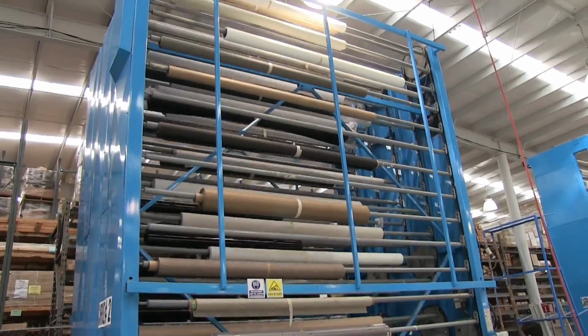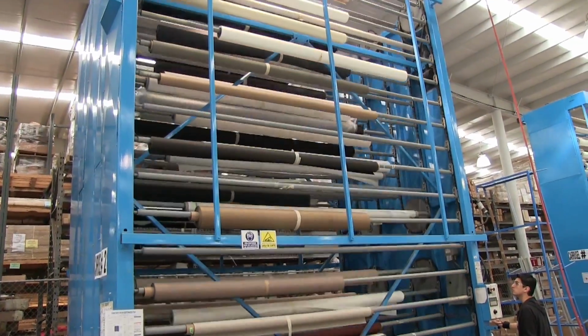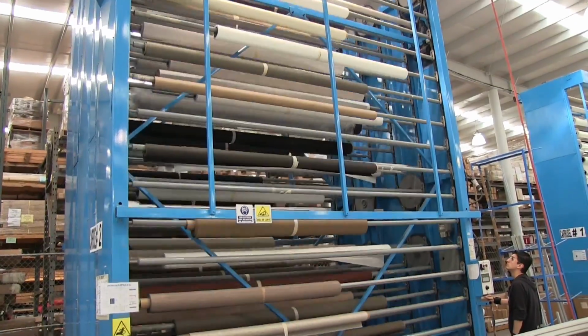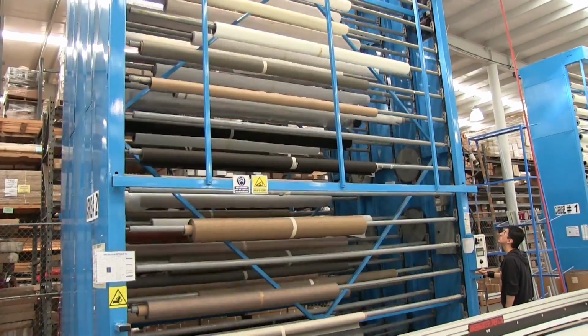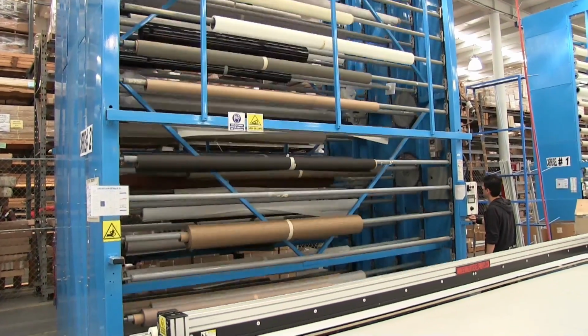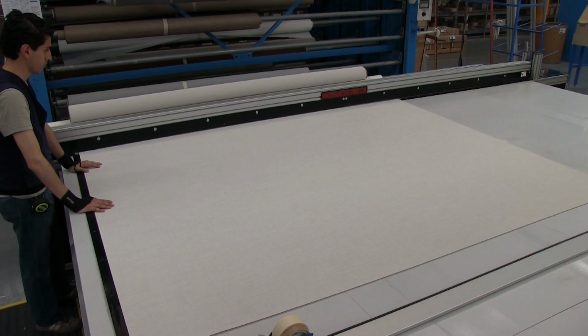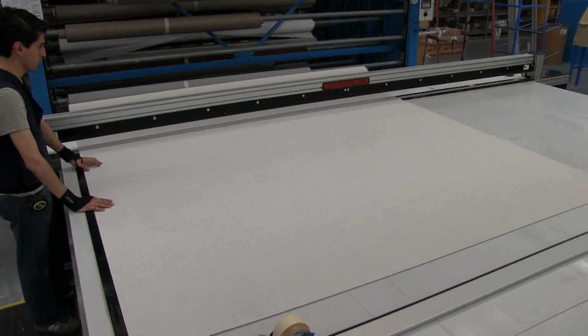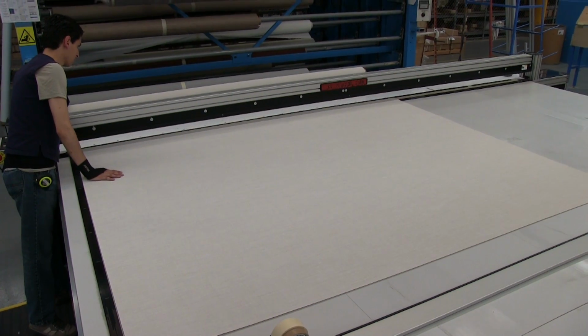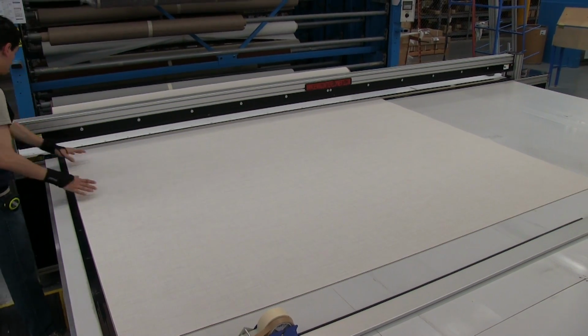All roller shade material is stored on these 16-foot high carousels. Each carousel houses more than 100 fabric rolls. When it is time to start an order, an associate punches in the locator code and the correct material is delivered. To start production of this roller shade order, our technician precisely cuts the material to the product order's specifications,